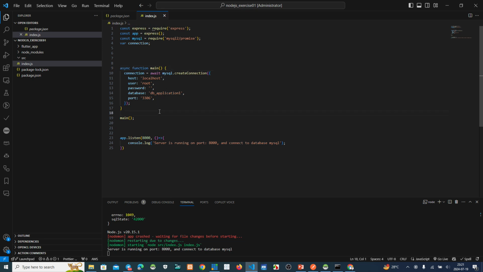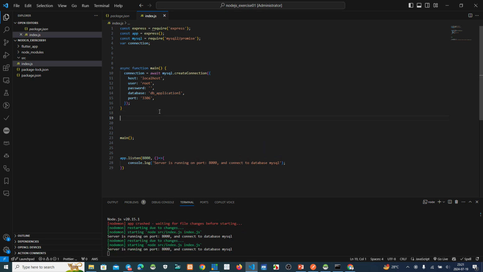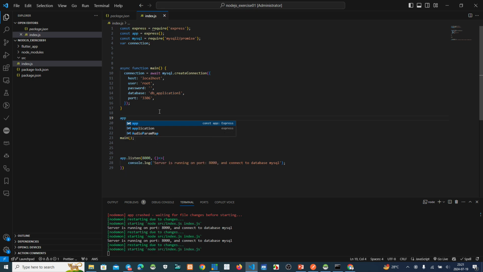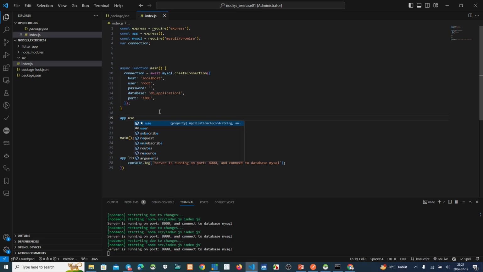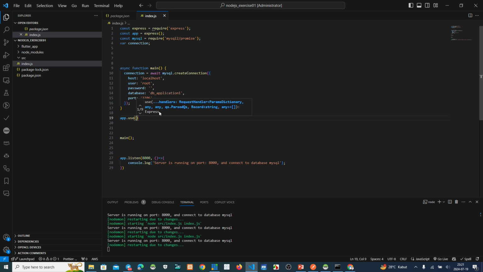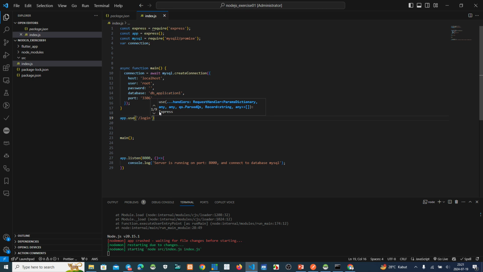Now we want to query the database, using login.